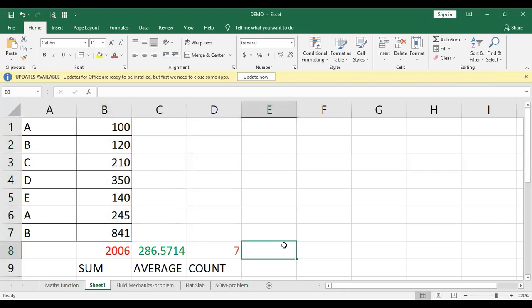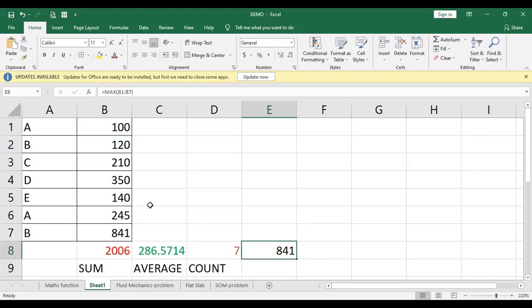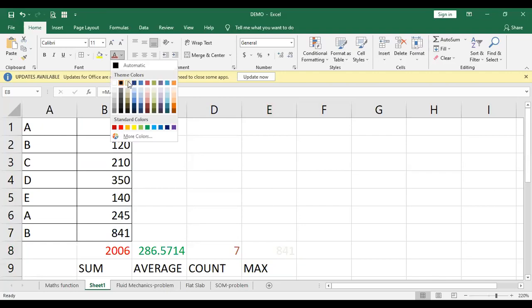Okay, I'll select here and then select max. So maximum value. Though it automatically selects this one, select the range and press enter. So out of this, what is the maximum value? I can apply different colors to it.